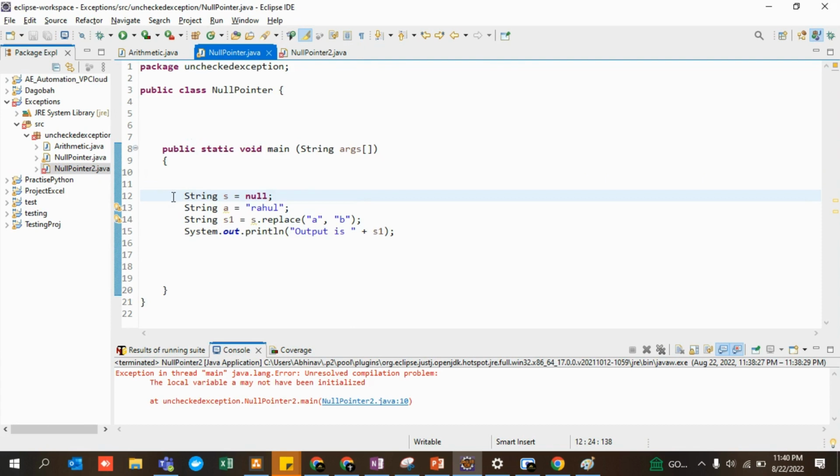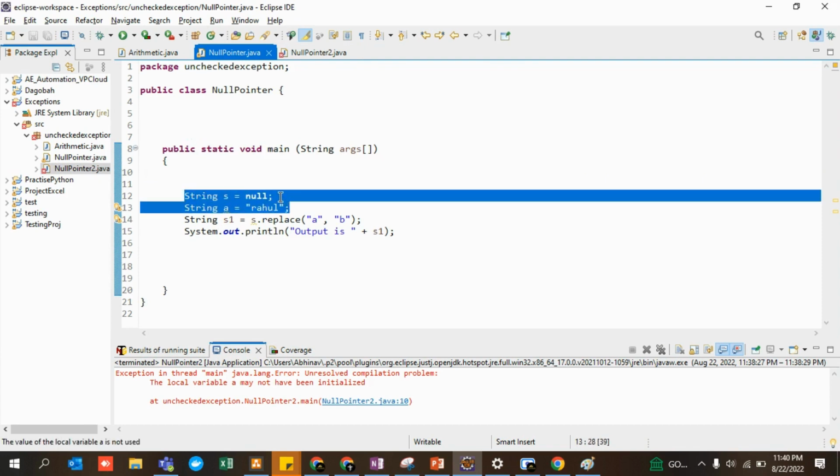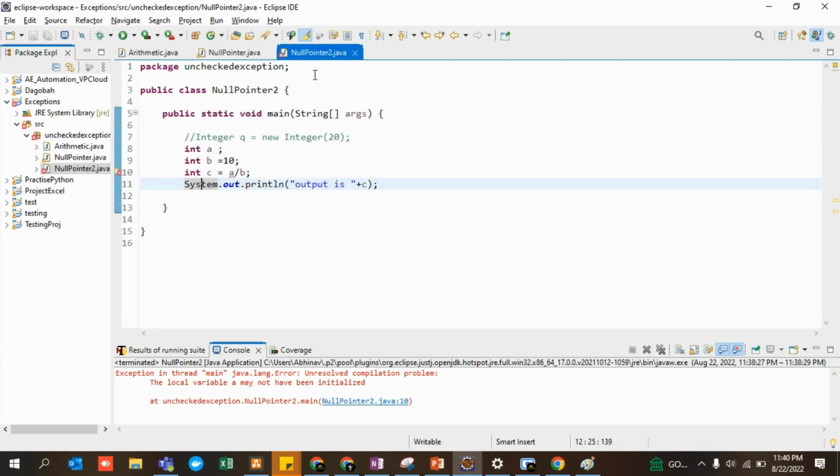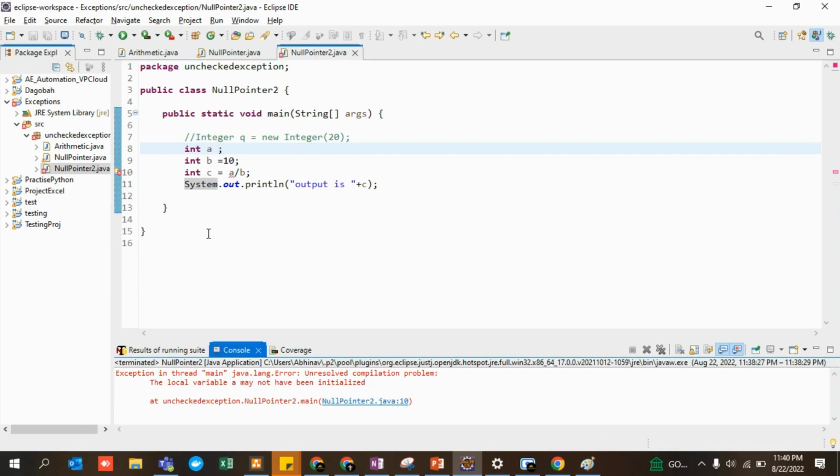So here he said that I have created an object, or I have created a reference variable. Then if it is showing me a null pointer, by definition it is correct. But here I have simply declared a local variable and I have not given a value. I have not initialized this, and this is a local variable. Then why is it giving me this? And that guy got confused.